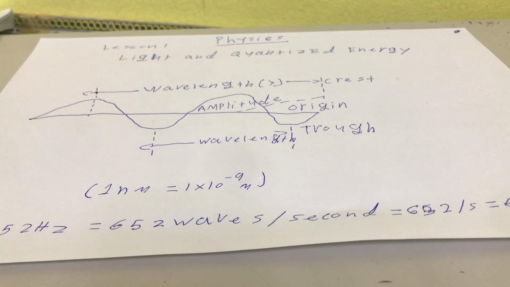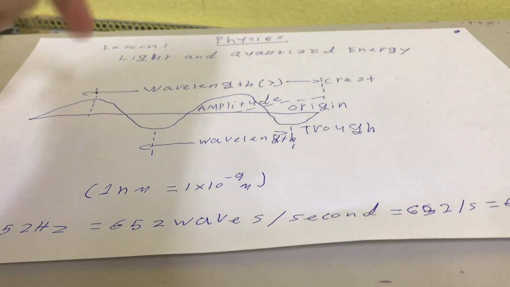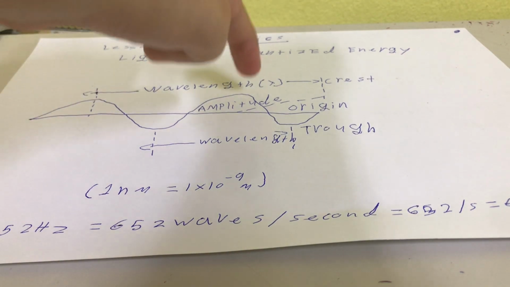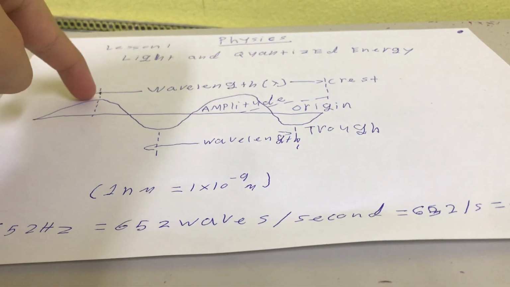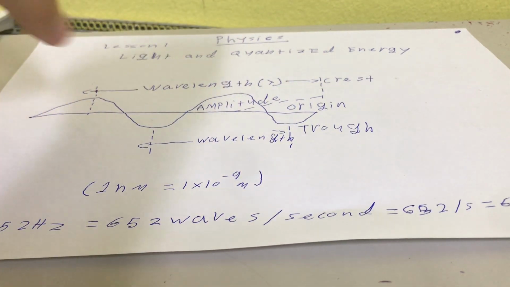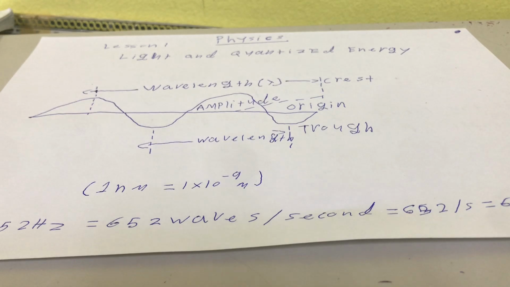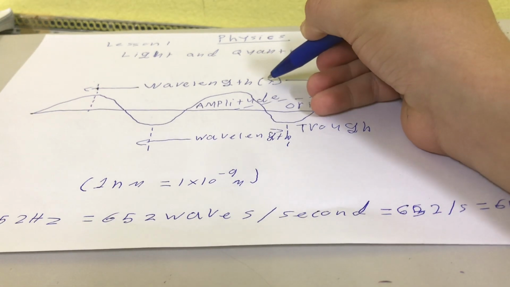Here we have a wave, and the distance from this point to this point is the wavelength. The length of this wave, from this point to this point, is the length, so we name it the wavelength, and we represent wavelength as the symbol lambda,